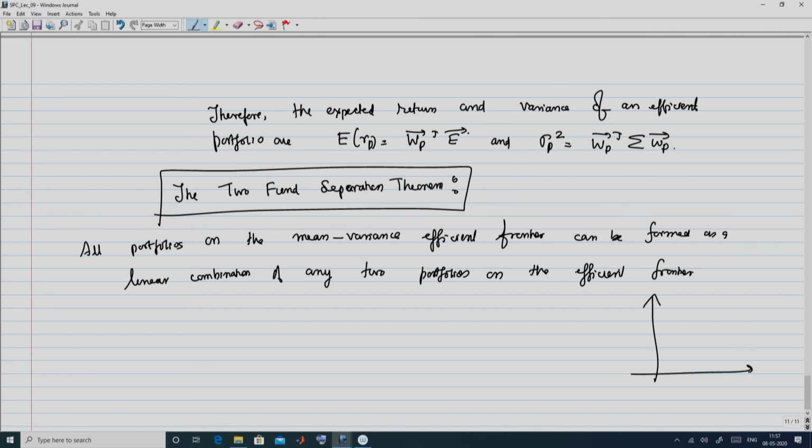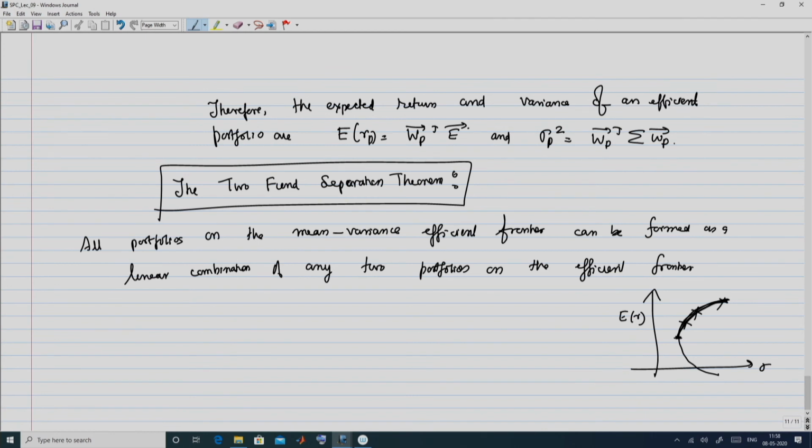So, this means that if you are looking at the sigma E r diagram and this is an efficient frontier, then this part is going to be an efficient frontier. It says that any portfolio on this efficient frontier, say this portfolio, can be written as a linear combination of any two portfolios. This means that any two portfolios on the efficient frontier are able to generate the entire efficient frontier. So, suppose that we take any two portfolios. Let us consider these portfolios P 1 and P 2 on the efficient frontier,